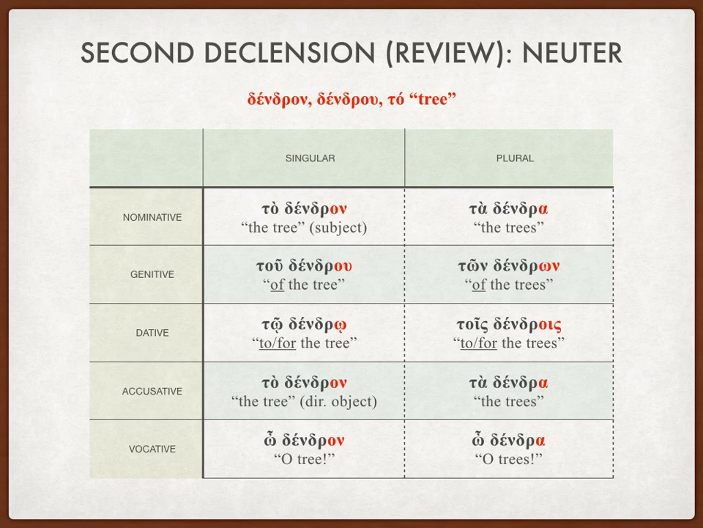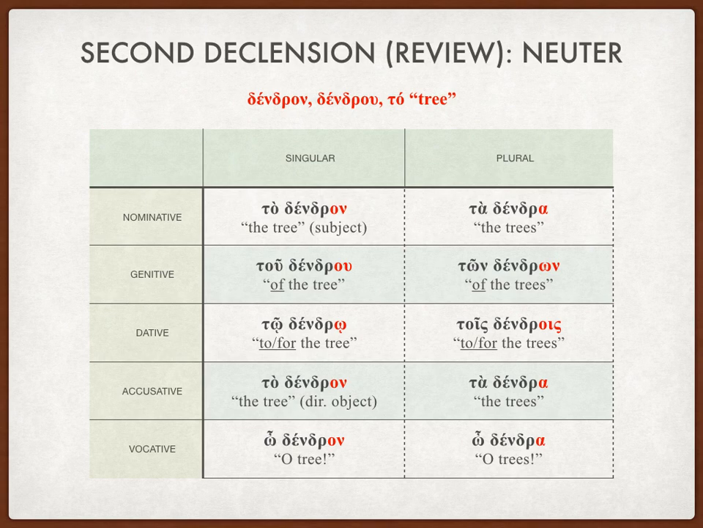Let's go through the plurals on the right side. Very commonly, neuter plurals are going to end in alpha. That's just a fairly common pattern that we see in ancient Greek. So if I see ta dendra, I know I have more than one tree as my subject. Ta dendra, the trees. Genitive plural is the same, ton dendron,